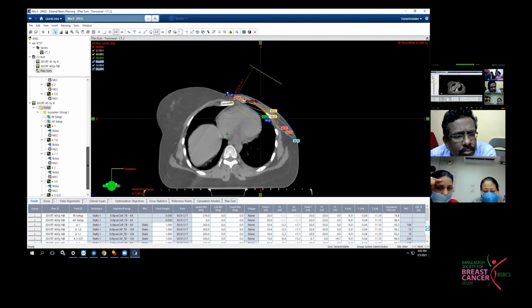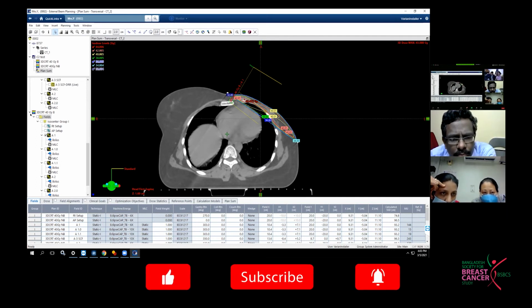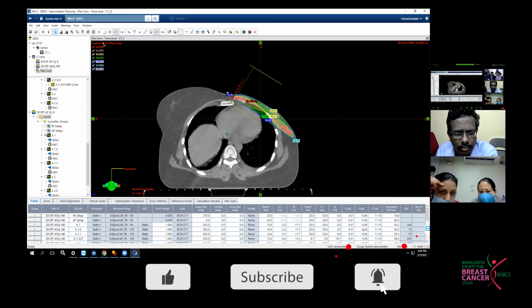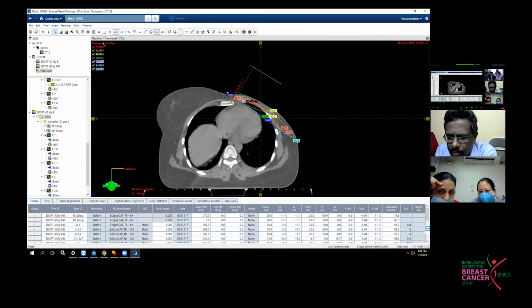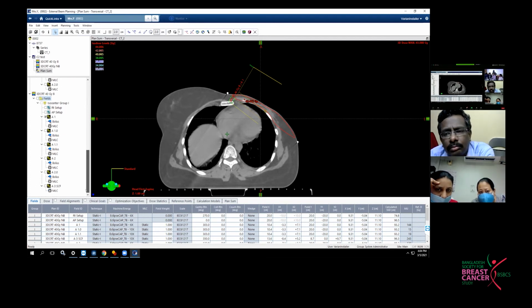There are several techniques to prepare this plan, like monoisocentric technique, half beam for supraclav, also chest wall. But here, this plan was done by some other physicist. He did this plan like full beam for chest wall and a half beam for supraclav only. So usually we do not draw the supraclav and the level 2-3 lymph node. For chest wall we draw, and for supra we put a field and then we match. So it's a single isocenter and half beam block combination.